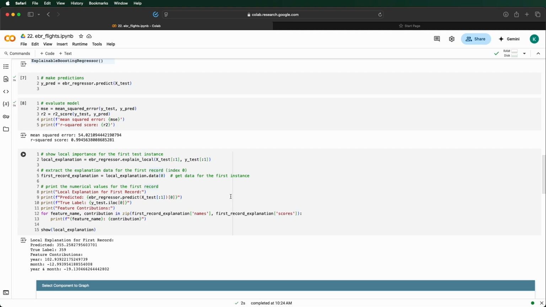Predicted value 355.258. True label 359. Very close. Only 3.74 passengers off. Feature contributions show year at 102.939. A strong positive push, meaning the year significantly increases the predicted passenger count. Month contributes minus 12.994, pulling the prediction down, and the interaction term year in month adds minus 19.130, further adjusting